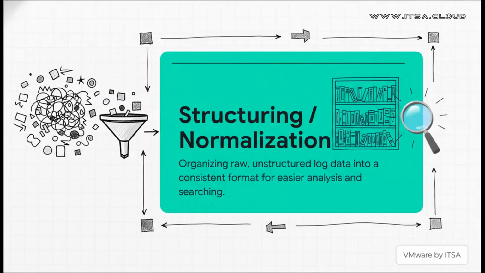Let's just double-click on that third step for a second. Structuring, or what we call normalization. This is so important. You know, raw log data is just a mess. It's all over the place. For example, one system might log something like error code 500, but another system reports internal server error. Normalization is what cleans all that up. It organizes it. It tags both events as the same type of failure. Suddenly, everything is instantly searchable, which makes it incredibly useful.